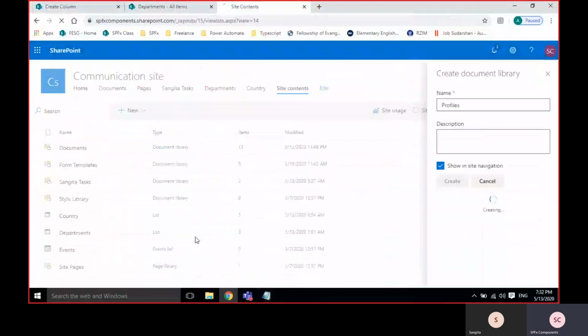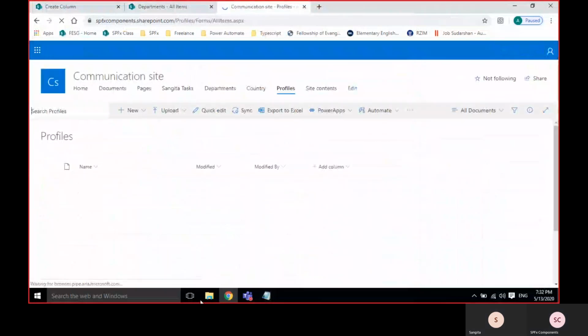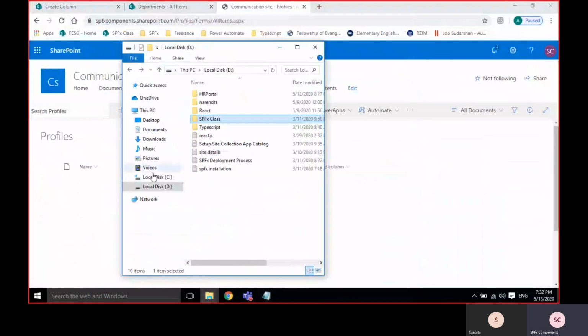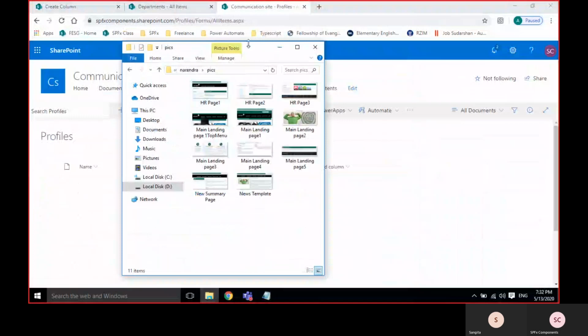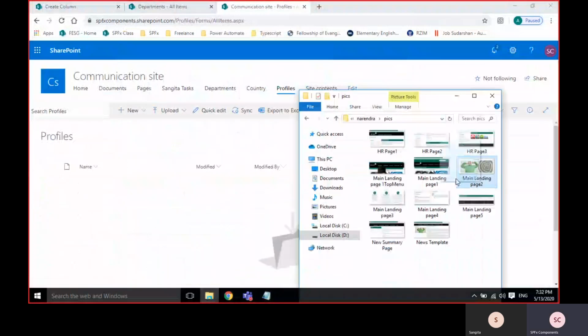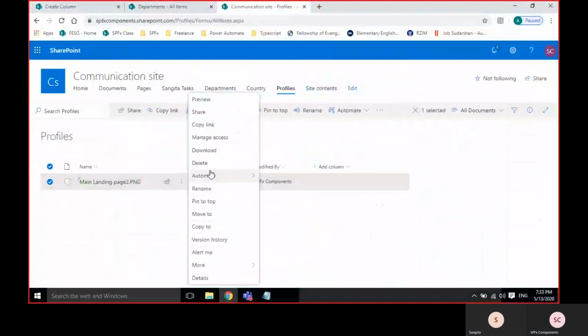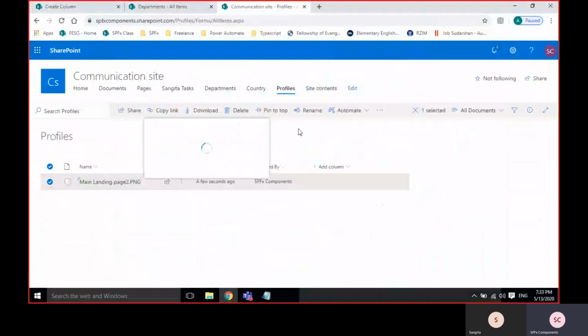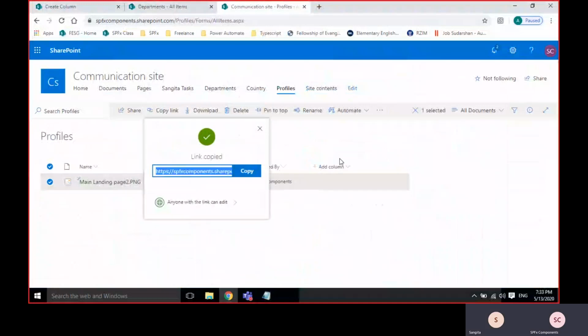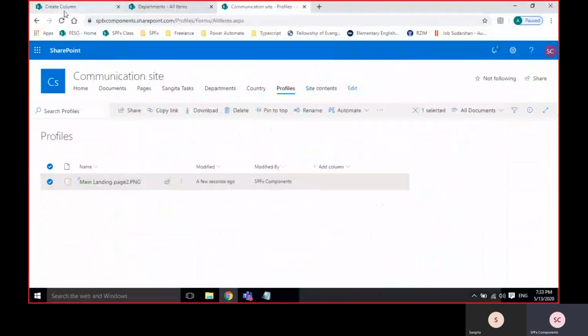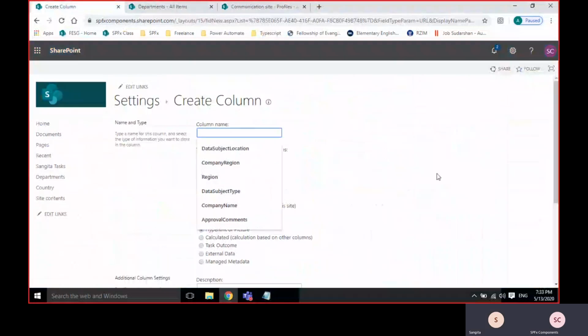Just giving the profiles. In the profile, I'm just uploading the picture, and I'll copy the link. I'll show you later.